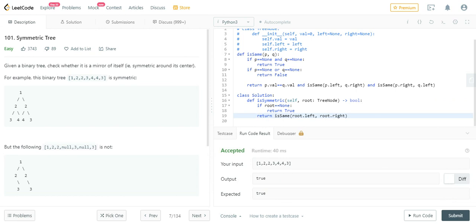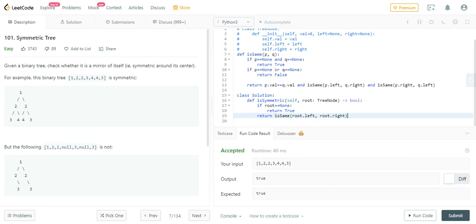That is, whether this part, 2 3 4, and this 2 4 3, are the same or not. In this case we have 2 as a parent, 3 as a left child, and 4 as a right child, okay? And in this case we have 2 as a parent, 4 as a left child, and 3 as a right child, right? Then what we will do is pass it to the function.